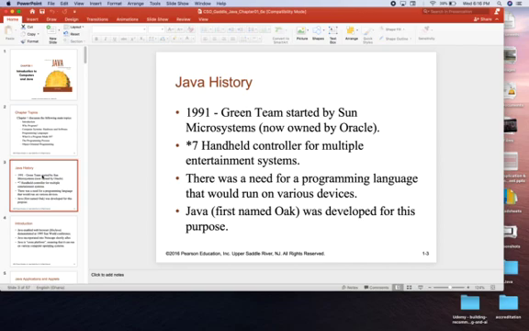From this side, that is where the essence of Java actually comes to play. The handheld controller, which is supposed to be used to control multiple entertaining systems, you would agree that every hardware has its own software that it uses. Every software has its own standards. So moving from one hardware to the other, the standard of the software that needs to run on it begins to differ. So Java is developed in this perspective to solve this gap. So we're looking at a software that can run on every other kind of platform.